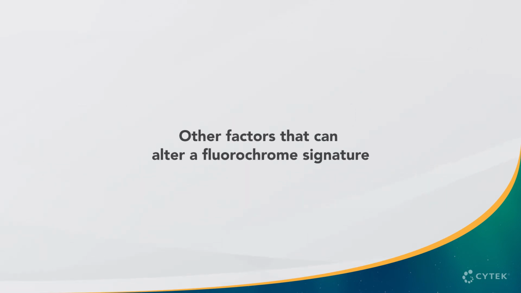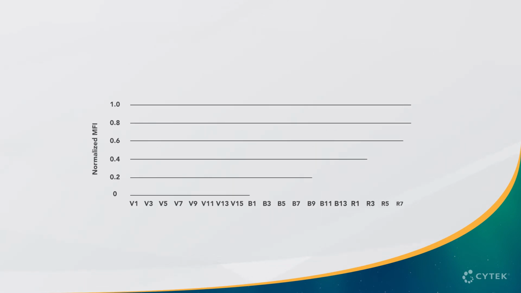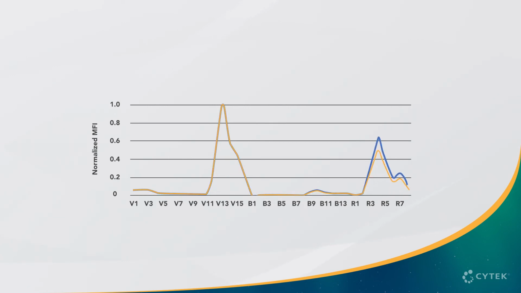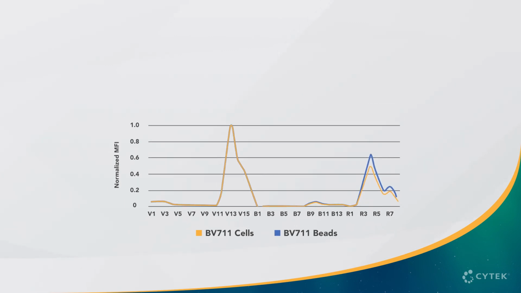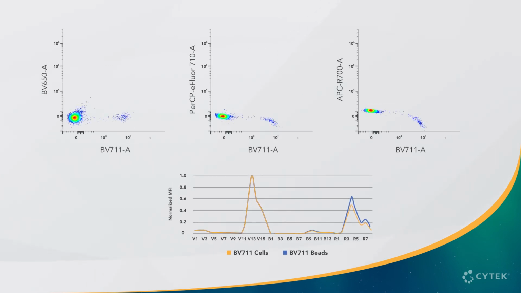There are other factors that can alter the signature of a fluorochrome. For example, an antibody labeled with a given fluorochrome can sometimes produce a different signature when bound to compensation beads compared to when it is bound to cells. Here, we compare the same BV711 antibody stained on cells and beads. We can observe differences between the two BV711 signatures in the B10 and R4 detector regions, which lead to unmixing